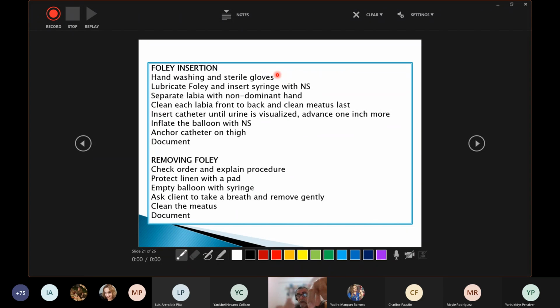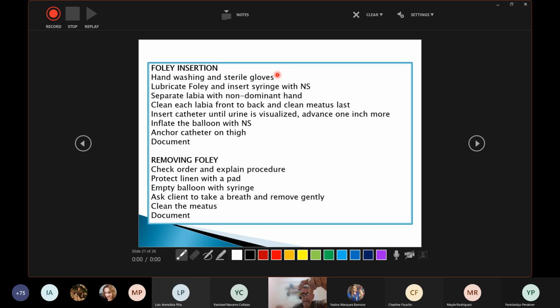In women, you are also going to clean 3 times, but you go from front to back only once, without returning. Right labia, with one applicator, front to back only once. Left labia, another applicator, front to back. Center, going over the urethra. This is the way of cleaning the genitals of a woman.